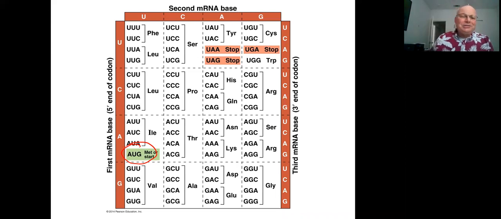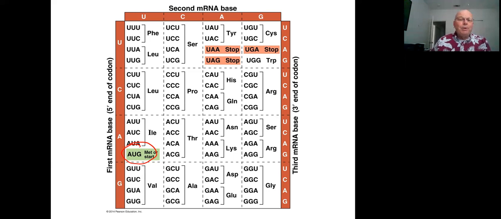We say that it establishes the reading frame, how you read the groups of 3 nucleotides as codons, how you frame them up into groups of 3 to represent codons. So the identification of the start codon, the recognition of the position of the start codon, and the fact that the start codon is a single codon with no confusion is really important for establishing the correct readout of the codons in the messenger RNA.